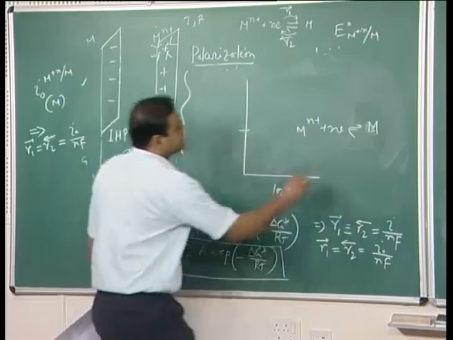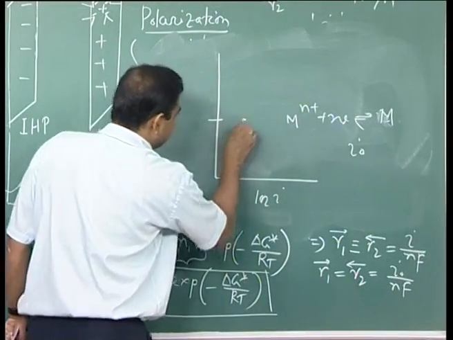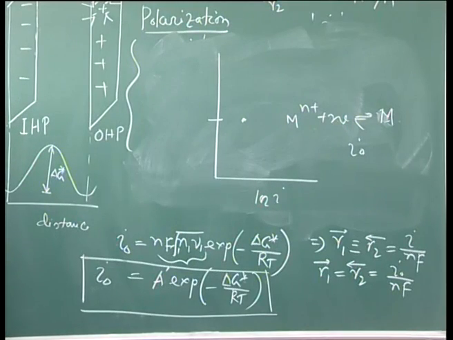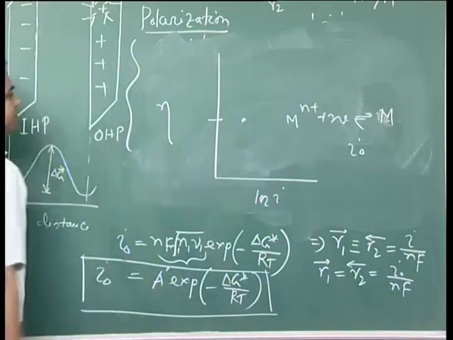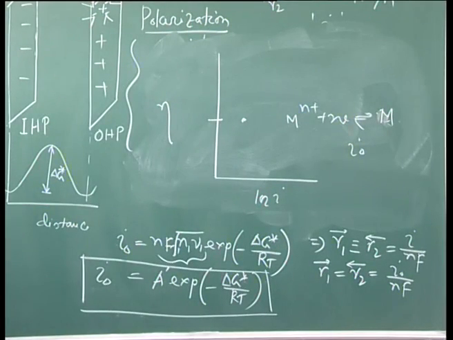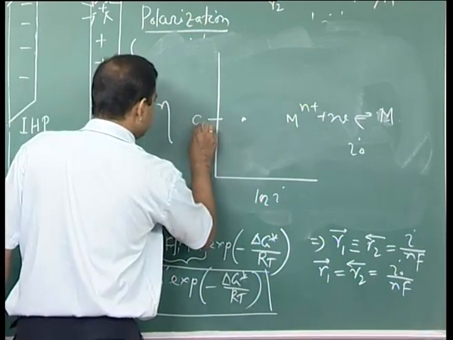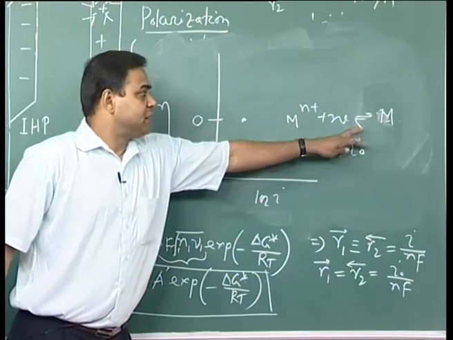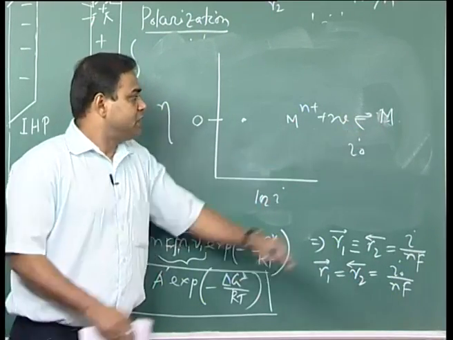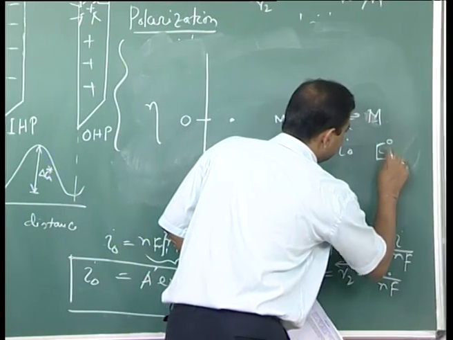That is nothing but I 0. So let me see that I am here. Now what would be the potential here, or let us say I am putting the overvoltage. What would be my net overvoltage? The net overvoltage would be 0, because at this condition when it is at equilibrium, I know that the potential always will be